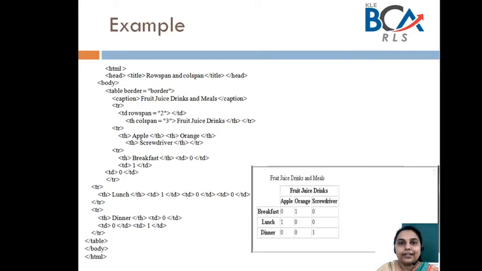Like what does a table header tag do, what does a table data tag do. If these concepts are clear, it is going to be quite easy. So now what we are seeing in the output is that we have a secondary label called fruit juice drinks. This label is going to span over three lower label cells, apple, orange and screwdriver. Okay, so by looking at the output, we understand that it is in the form of a table. It is like a table. So we need to use the table tag. So we'll see how we are going to actually write the program for this output.